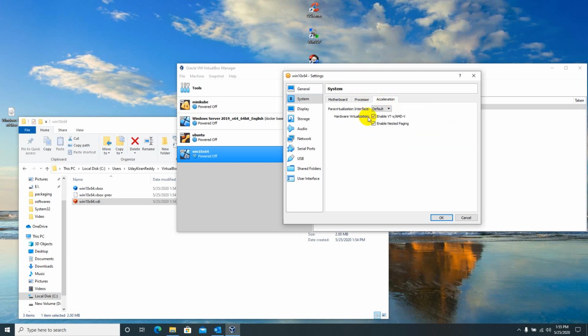Acceleration, I don't want to enable VT-x. VT-x is required if you want nested virtualization, meaning if you want to install VirtualBox or VMware or some other hypervisor inside this VirtualBox VM, then you need this. Let's keep that empty.